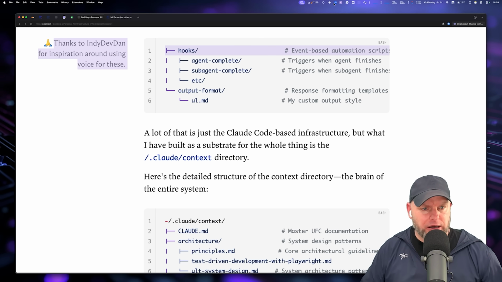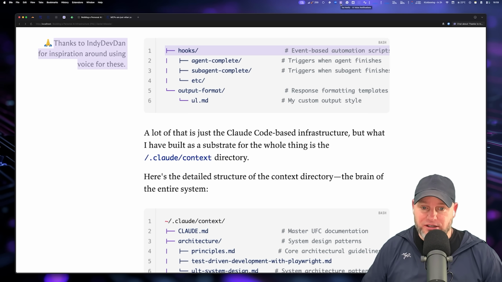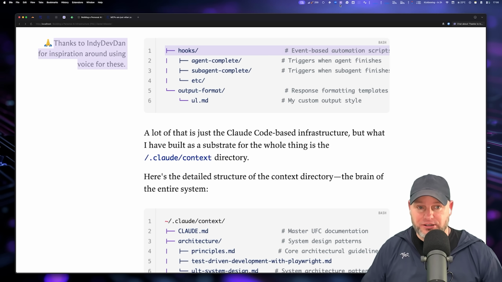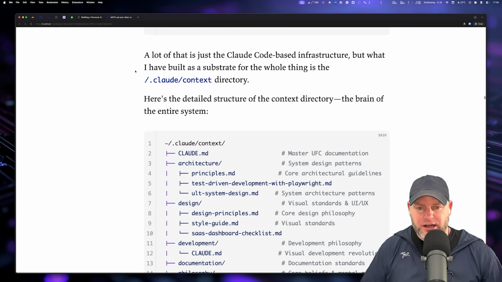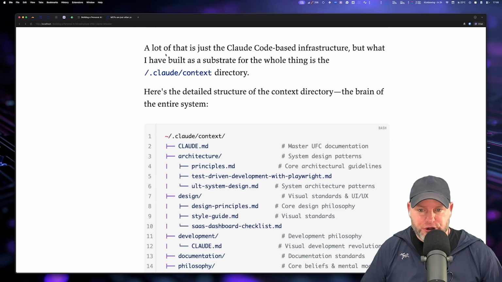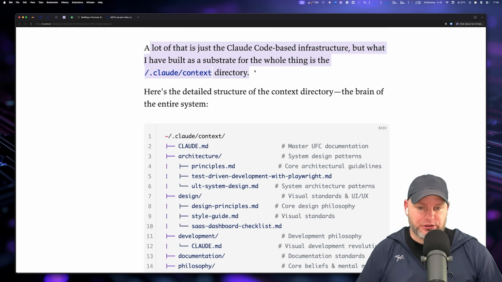Actually, one of these folders. Oh yeah, this one right here. See this K? That is Kai's notification system, listening on port 8888. And that's how Kai sends me notifications. So I've got a custom app built for that in macOS, which Kai also made for me. So like I said, a lot of this is Claude Code-based infrastructure, but what I have built is all under